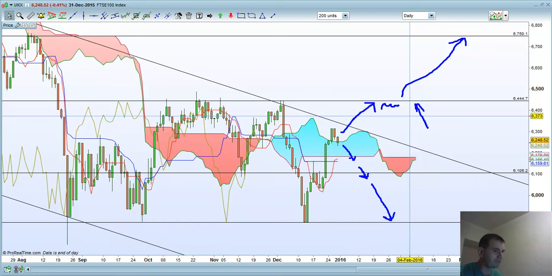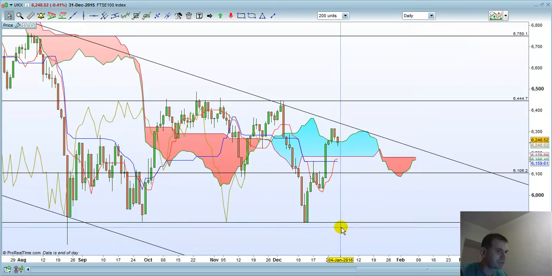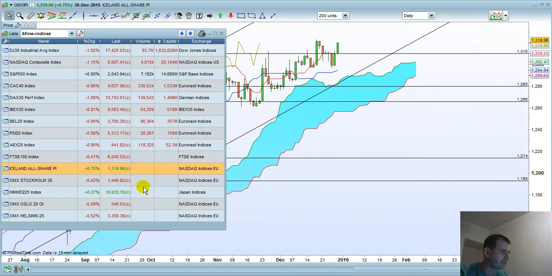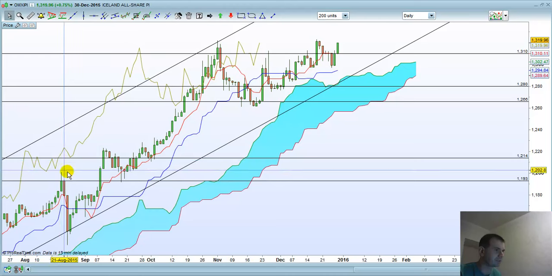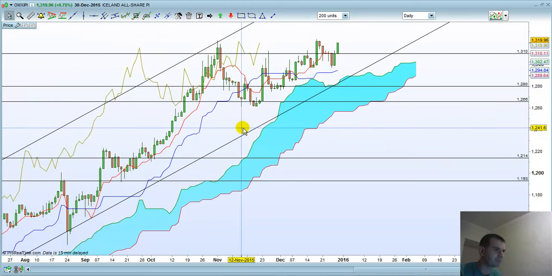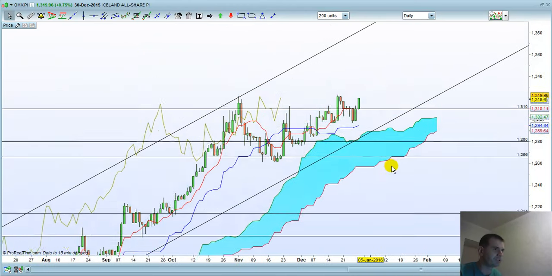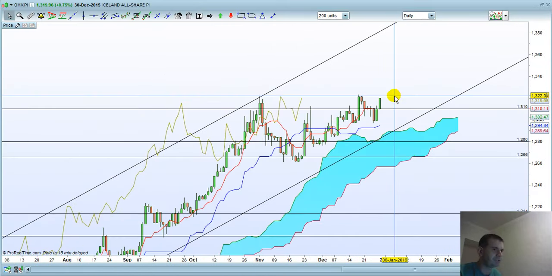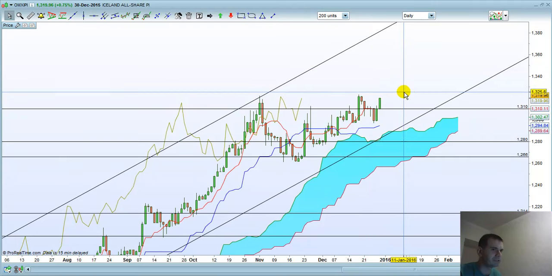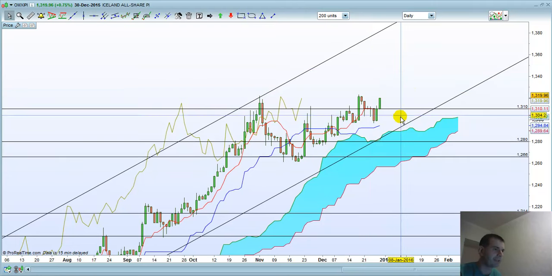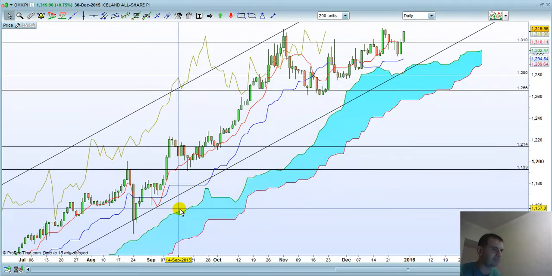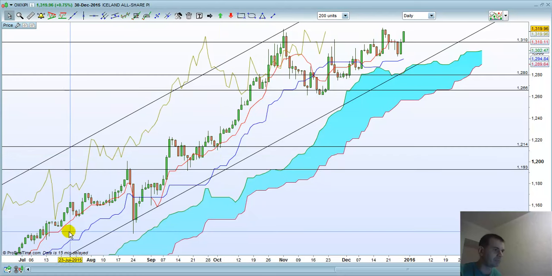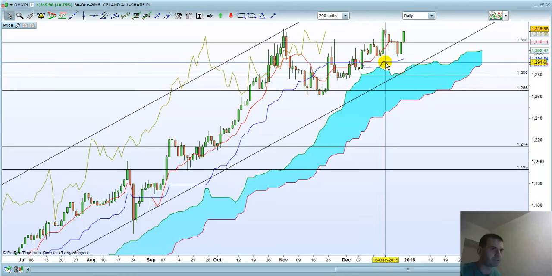Next, so the next index is Iceland All Share index. We can see here a strong bullish situation. The index is near its historical maximum points, and the overall trend is bullish. So bullish situation, and price is